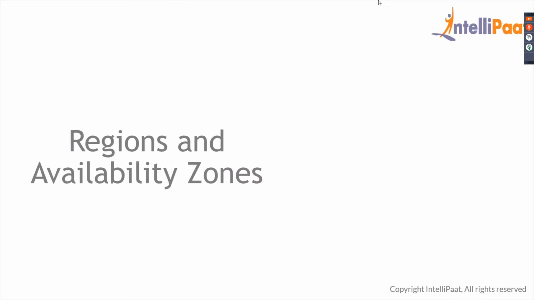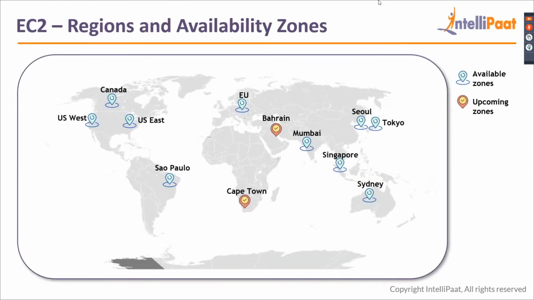Okay, so we saw what EC2 is and how it works. Let's briefly go over what regions are and why it will be highly available. I told you that if you're hosting a website using an EC2 server, it's not required that you can only host it in the same place where you are. For example, if you're in India, it's not just that you can host it for India. You can host the website on a server which is running in the Mumbai data center.